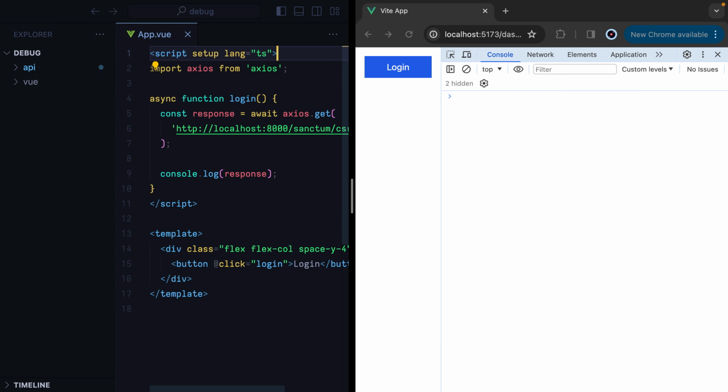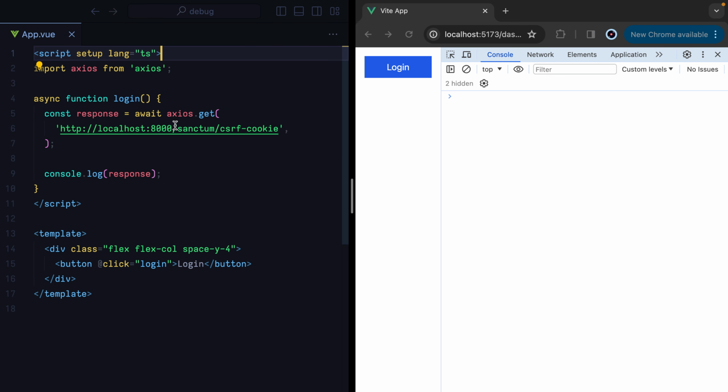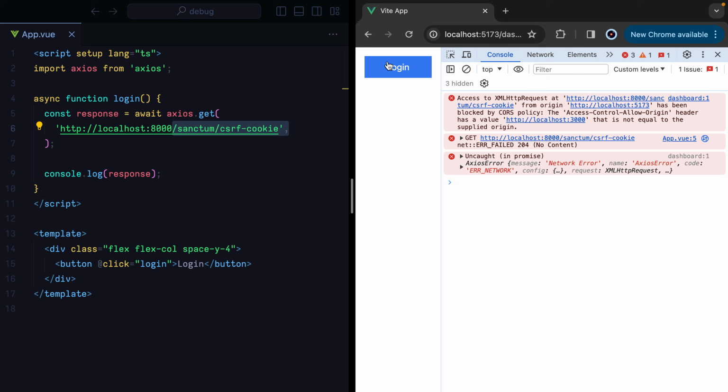Here I have a minimal example. I have a Laravel API project and a Vue project. And then here I'm just asking for a Sanctum CSRF cookie. If I click the login button, we get a CORS error that says access to HTTP localhost 8000 Sanctum CSRF